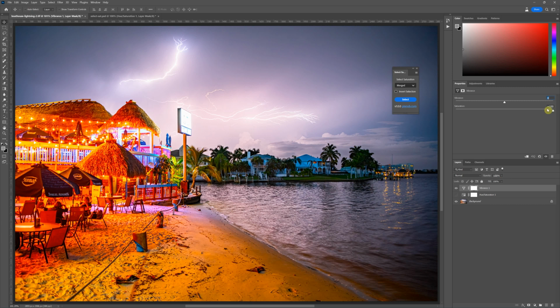And even with the saturation slider, I'm not in this vibrance adjustment. And by the way, this vibrance works similar here in Photoshop than in your Camera Raw or Lightroom. Although I think in Camera Raw and Lightroom, this vibrance is a little bit stronger on the upper end. But in any case, let's just get started with this plugin, and I'm going to show you what I want